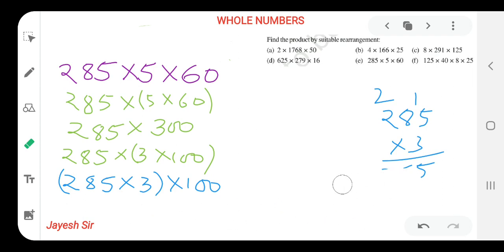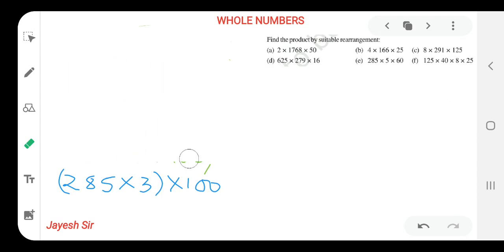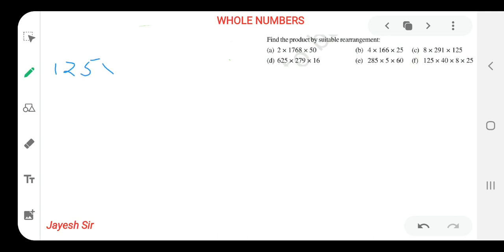So let's begin with the last sum for the day. Yes, friends. If you have understood and cleared your concept, now you can pause the video and try to solve it on your own. Yes, friends, I hope you all have understood it properly till now. So I'm solving the last sum over here for you. If you are capable, you can solve it on your own also.